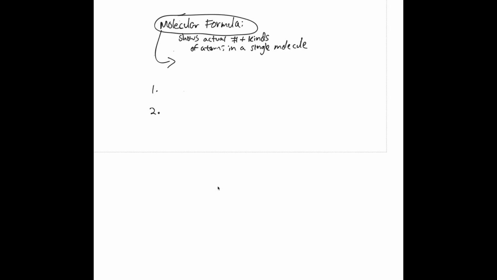empirical formula. Alright, so let's talk about the molecular formula. So the molecular formula is sort of tied into the empirical formula. Now the definition of it is that it's going to show you the actual number and also the kinds of atoms in a single molecule. So how I like to think about this is that the molecular formula is simply the empirical formula scaled, right? Now it's not going to be in the same units because you're not writing it really in the same form, except you're going to be using a certain scale factor to write it in a different form that's going to be related, and that's why it's referred to as a molecular formula, because you're writing it still in